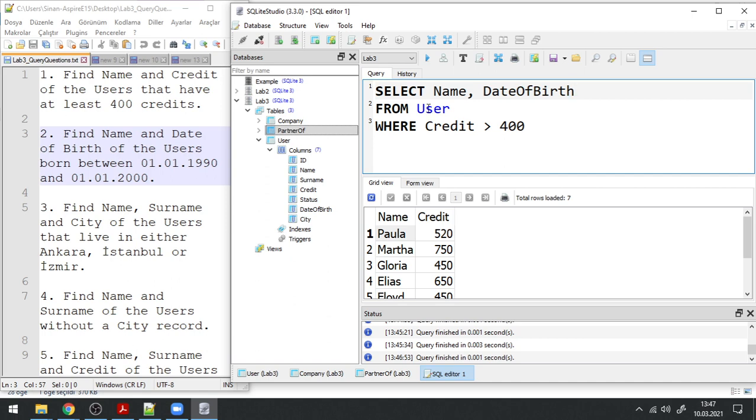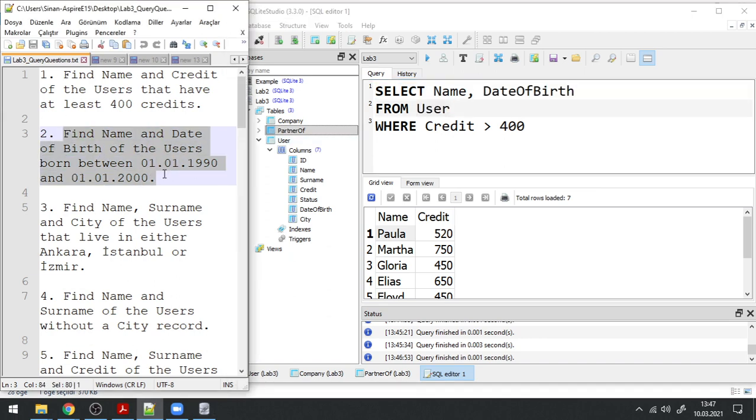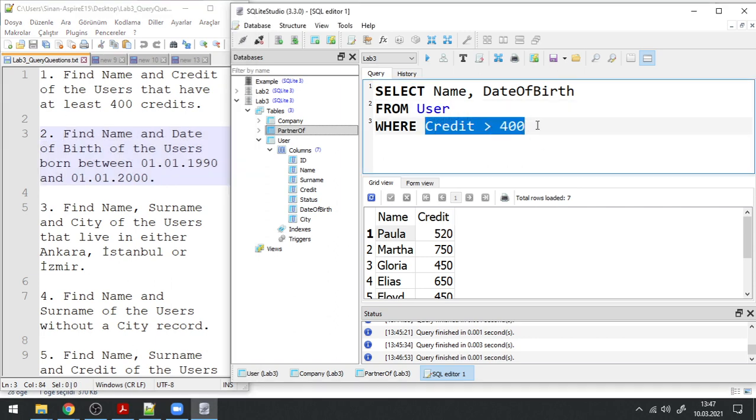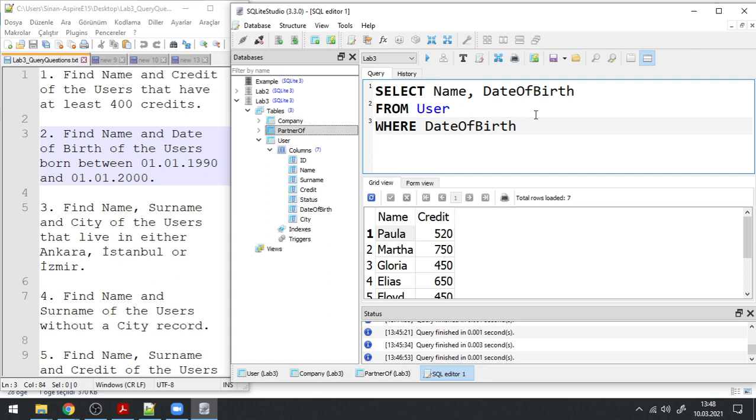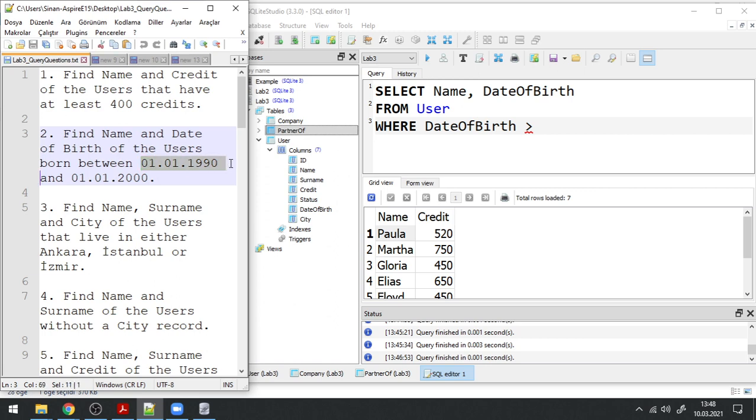Again, the user table is enough because these two attributes are in the user table, and according to the description of the query, we don't really need any other information from a different table. We have our conditions specified on the date of birth. So in here, we would like this date of birth to be larger than. So in case of dates, and this can also contain the time as well. So within a date, you can also store the clock